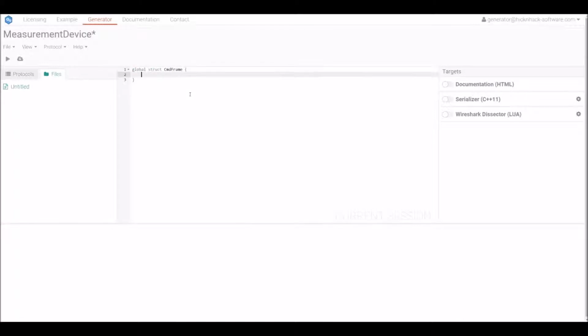So we start with the command frame, which carries our payload. And the payload is dynamic based on a command ID or message ID.